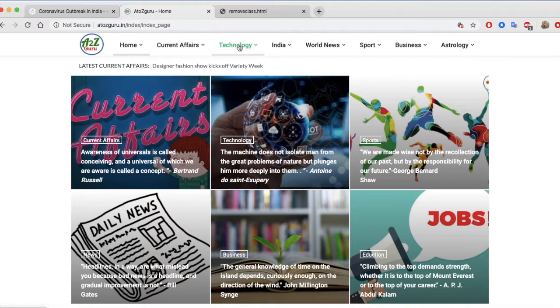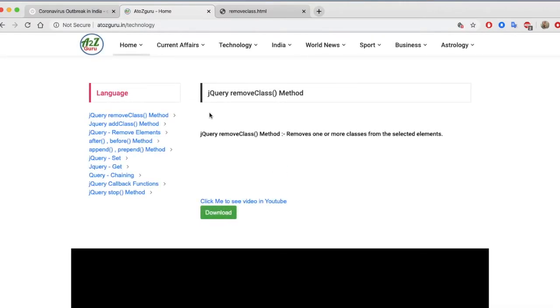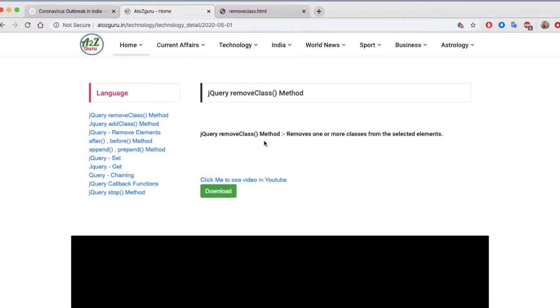So I'm going to start a jQuery tutorial, and today I will cover the jQuery removeClass method. What is the jQuery removeClass method? By using it we can remove a class.